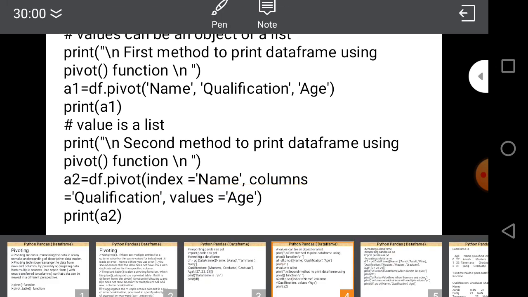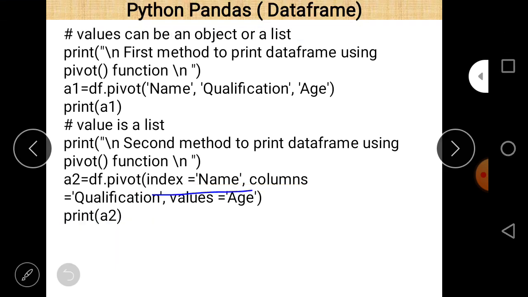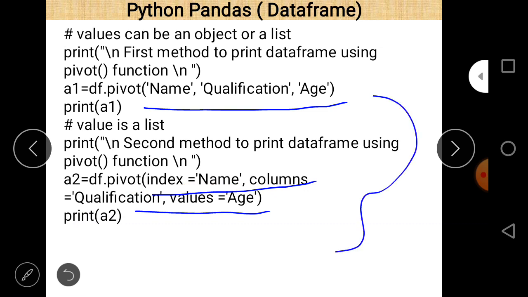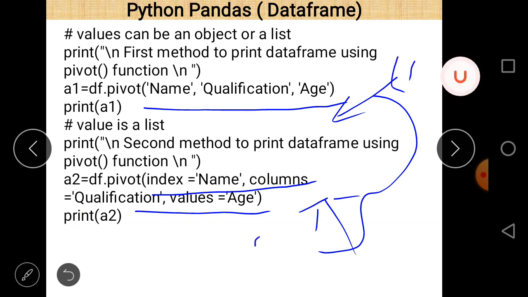So basically both of them are the same, in which the second is explicitly mentioned, and the first is by default. So name, qualification and age are represented in two different ways here.